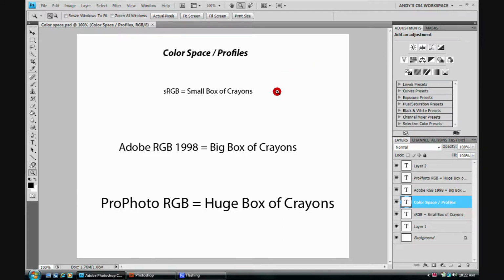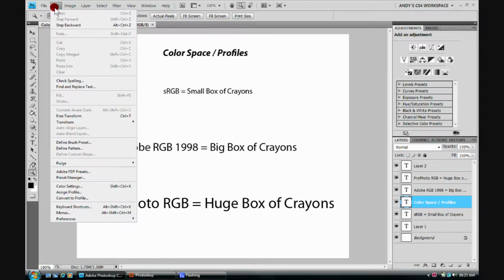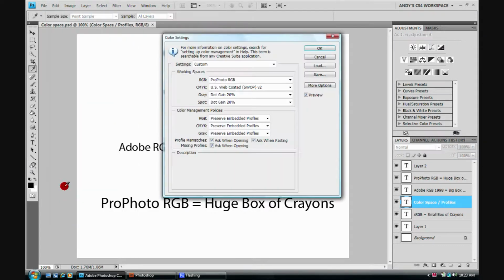Not only can images have a color space, a color profile assigned to them, the Adobe workspace can also have a color space assigned to it. To find that ability to do so, we come up here again to Edit, click on it, roll all the way down here to Color Settings, click on Color Settings, and then here is where we assign